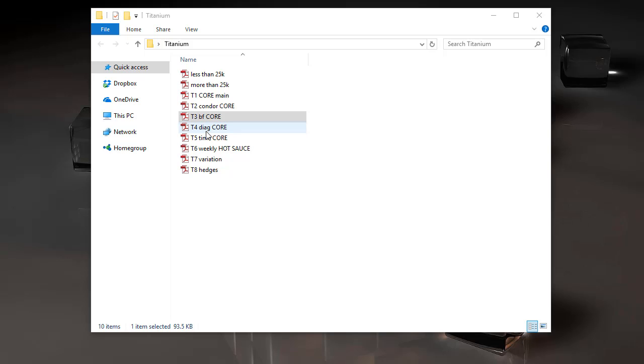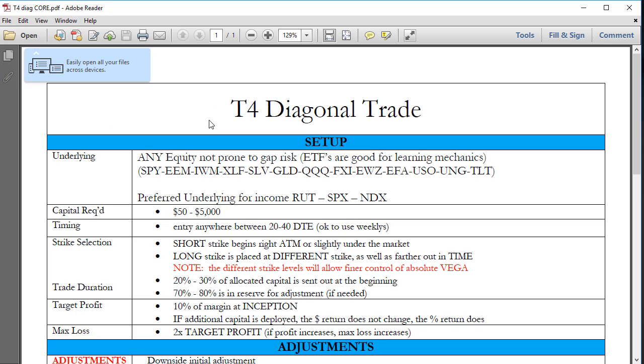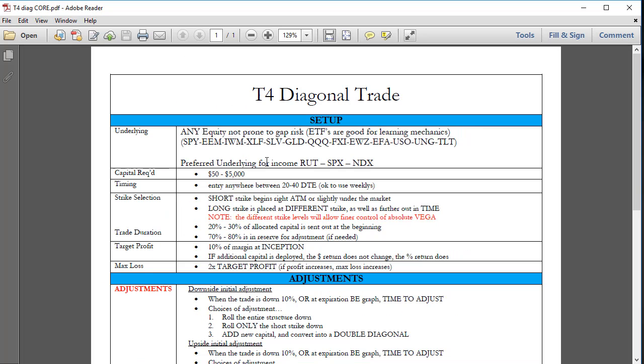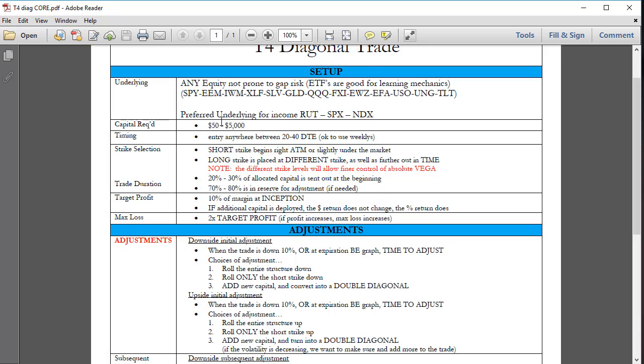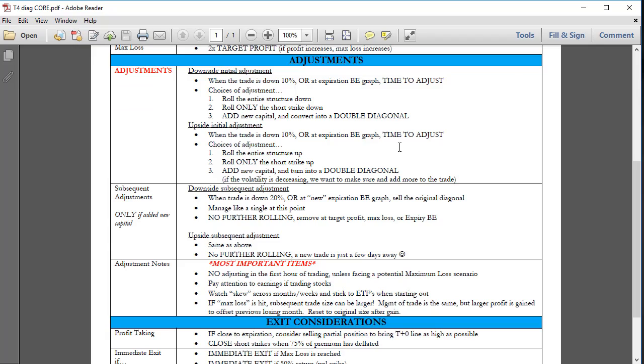Okay, so the T4 and T5 are similar to what I've got on the site as far as the Time Traveler free trading module. These are just diagonals. They're time spreads where your short strikes are in different expiration cycles than the long strikes. And again, these guidelines are not my preferred trades,